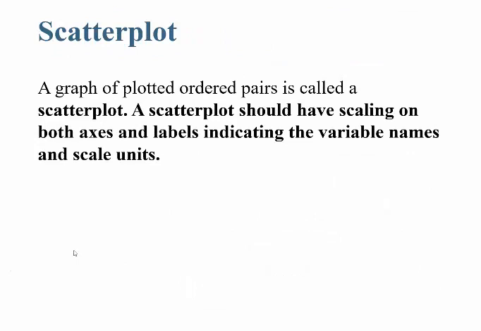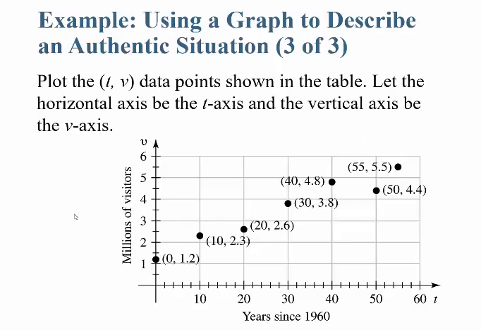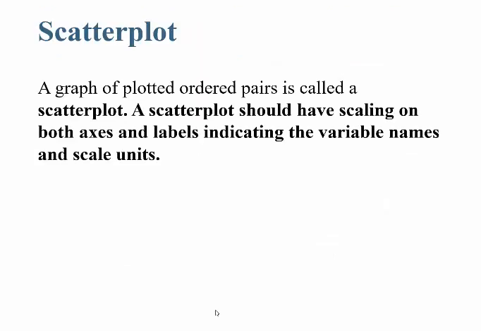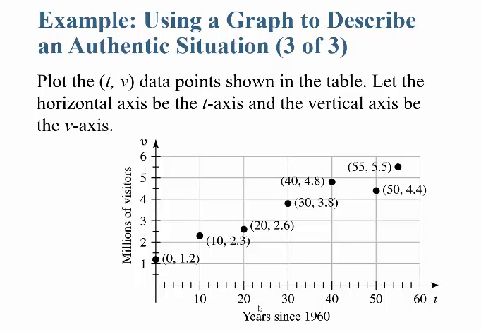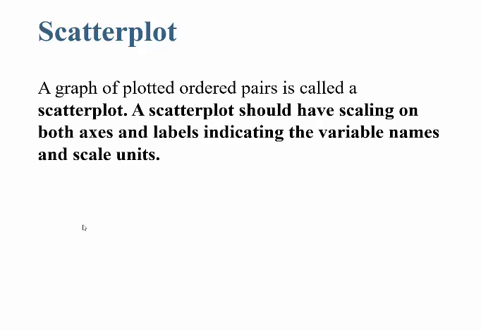All right, so what we just created is what's called a scatter plot. The graph of plotted ordered pairs is called a scatter plot. The scatter plot should have scaling on both axes, like it does here, and labels indicating the variable names and the scales used. Years is my scale, millions of visitors is my other scale. That's just a scatter plot, plotting the values of the two variables together